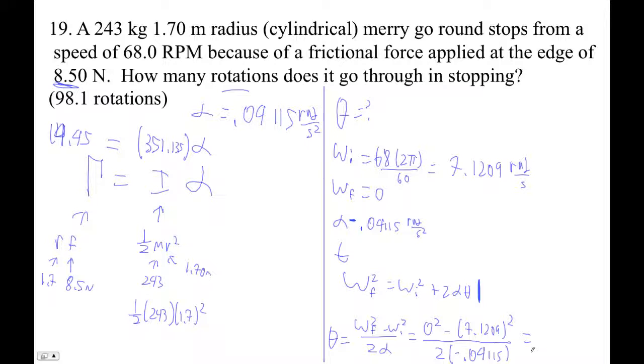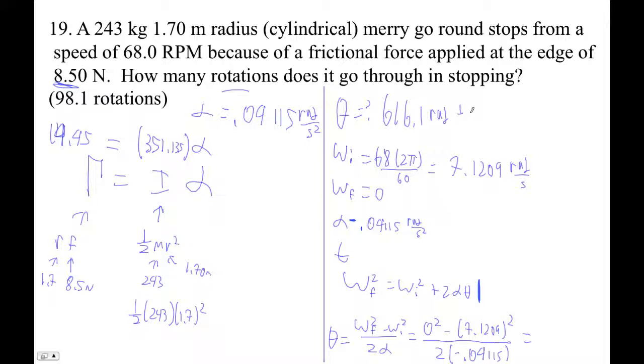All right, we can do this. Take the number on my calculator, square it, divide by 2, divide by that 0.041 number. And I get 616.1 radians,